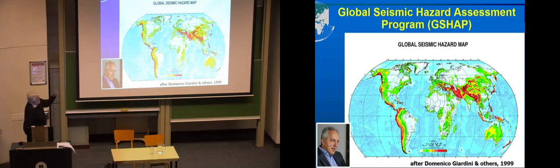And you can see here, the reason I showed this is that Africa is comparatively, and by comparatively I mean compared to the Alpine Himalayan chain, the western side of the Americas and Japan, for example, a continent of relatively low seismic hazard. So we don't have to be that worried about